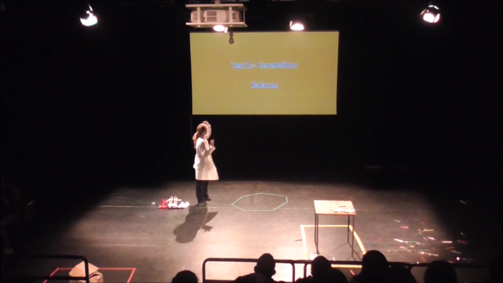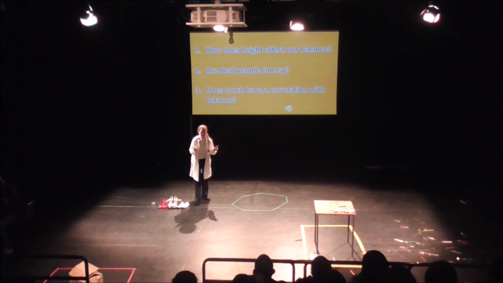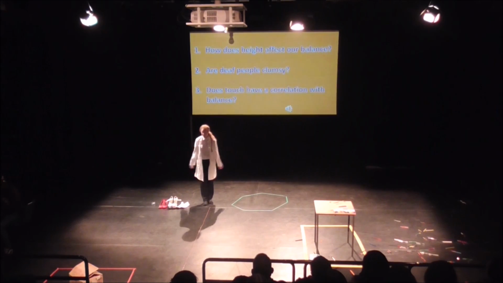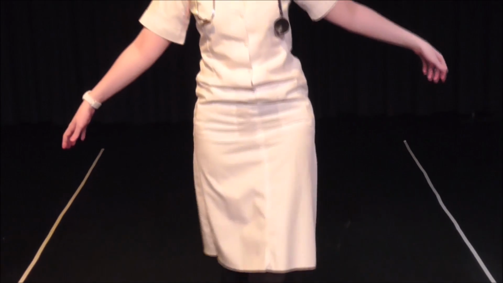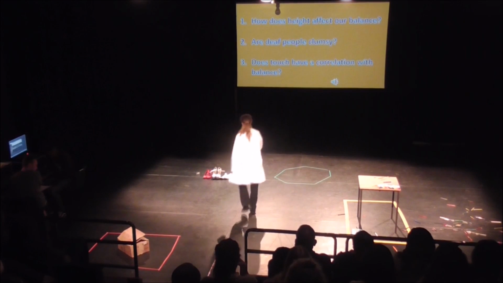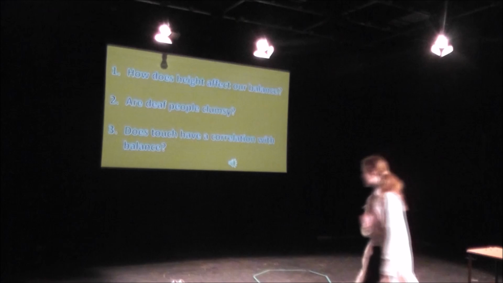Next test, cerebellum. So, these are the questions. Now, my meaning in the last question is how the surface area of your foot works in conjunction with balance. So what I'm going to do is walk along this line, like so, and see how the height of my shoes affects my ability. So these shoes, completely fine. Let's go on and start with the shoes. Now, we shall start with the Daniel, the fucking white bear.